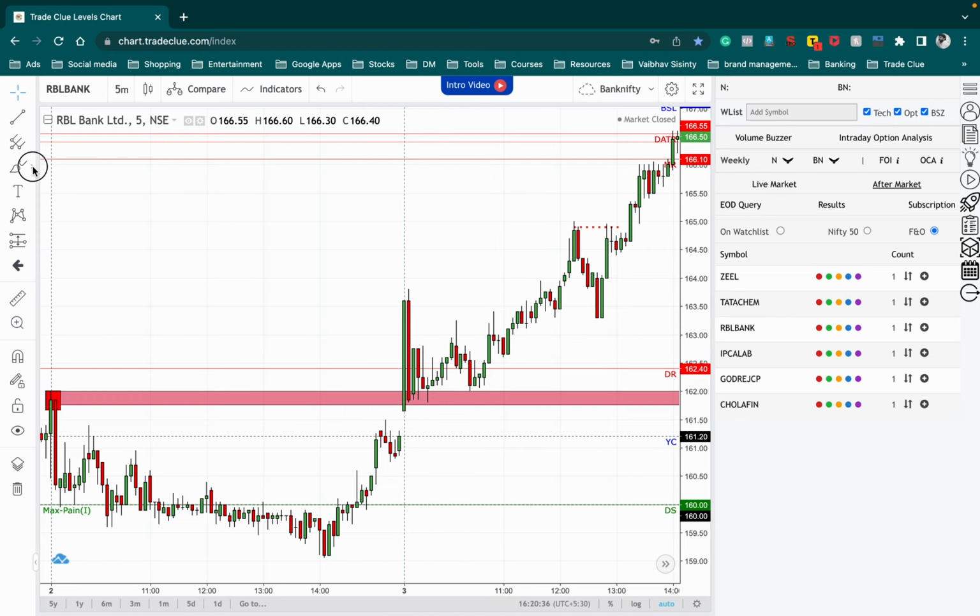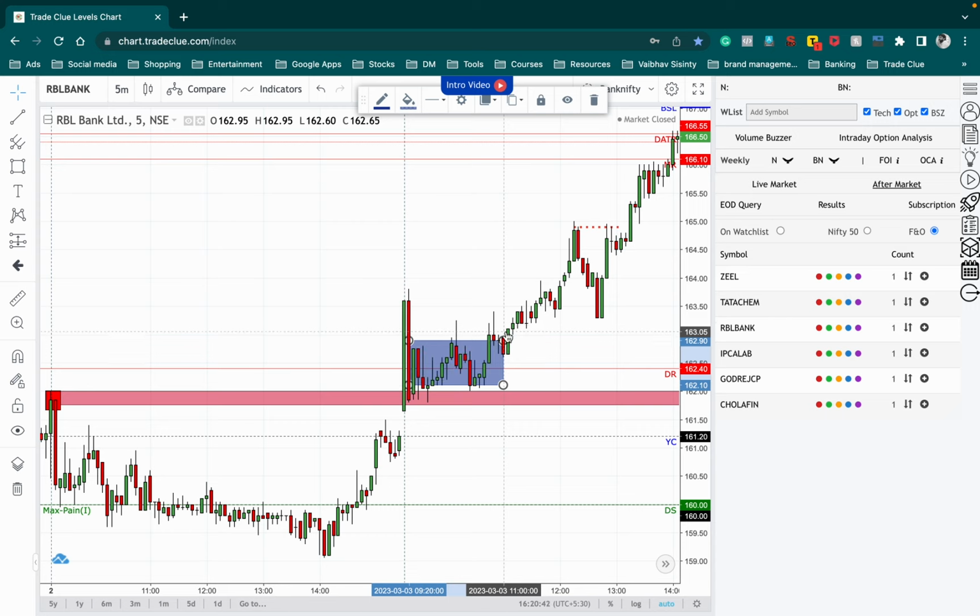I need to just mark a box over it. I need a proper consolidation above it so that I can plan a good range breakout trade. Once the price goes above this range breakout zone, that is the 163 zone, I can keep a small stop loss of 1 rupee or so below the red band, and you can enjoy the journey. The price moved directly from DR to MR, that is the monthly resistance, because there were no TradeClue levels to restrict its upflow.